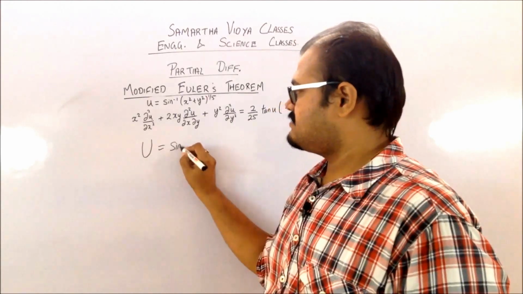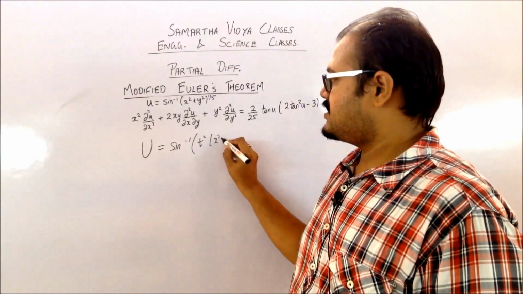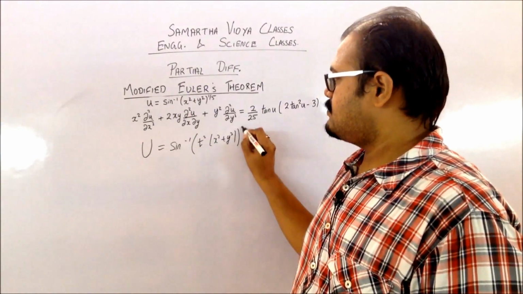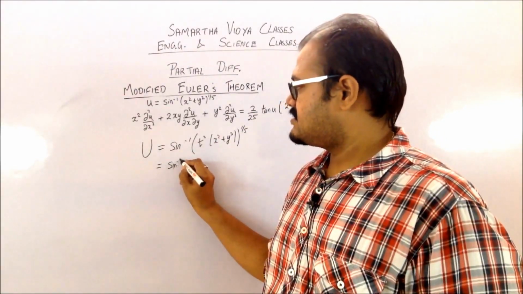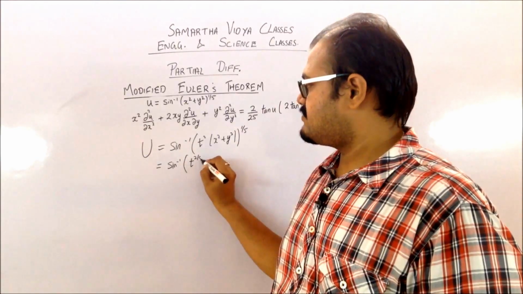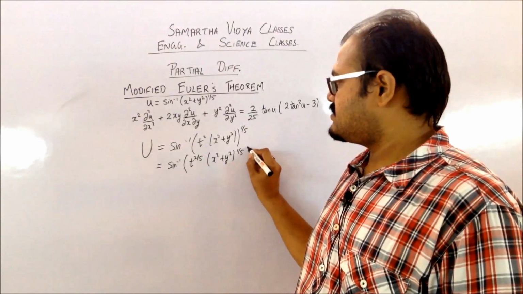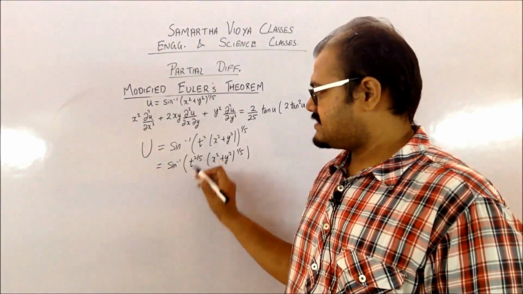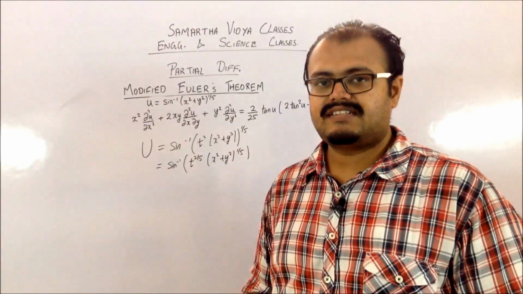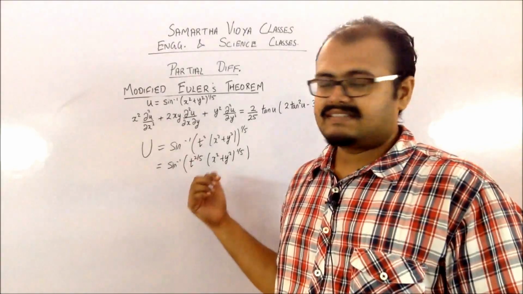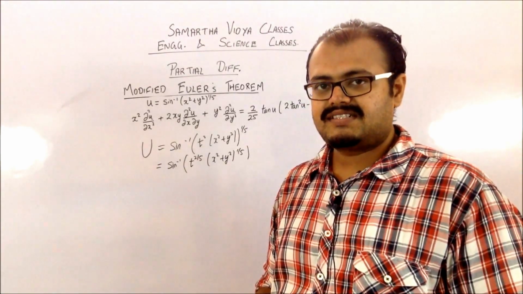So that is going to be sine inverse of t square common, x square plus y square, this whole bracket raised to 1 by 5. So I can write this thing as sine inverse of t raised to 2 by 5 into x square plus y square raised to 1 by 5. So you can see that it is t raised to 2 by 5 which is coming outside this function, but it is not basically coming outside the whole function. You are not able to represent it in the original format. So basically my u is not a homogeneous function.